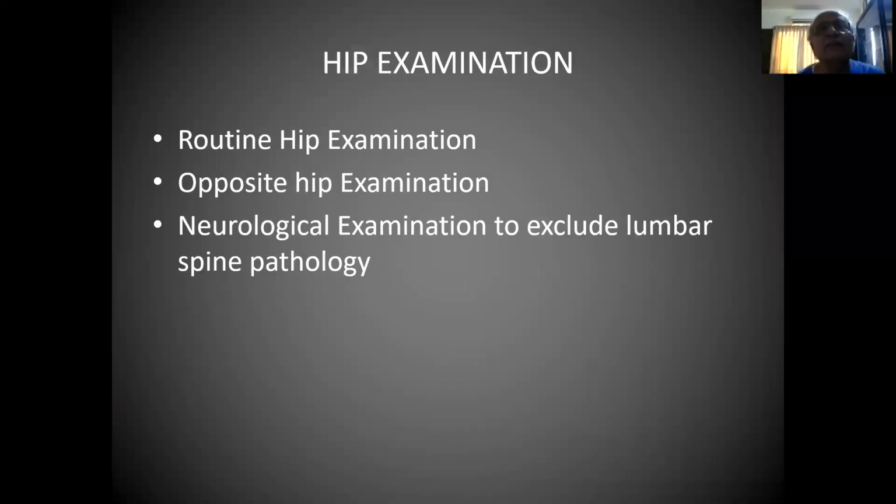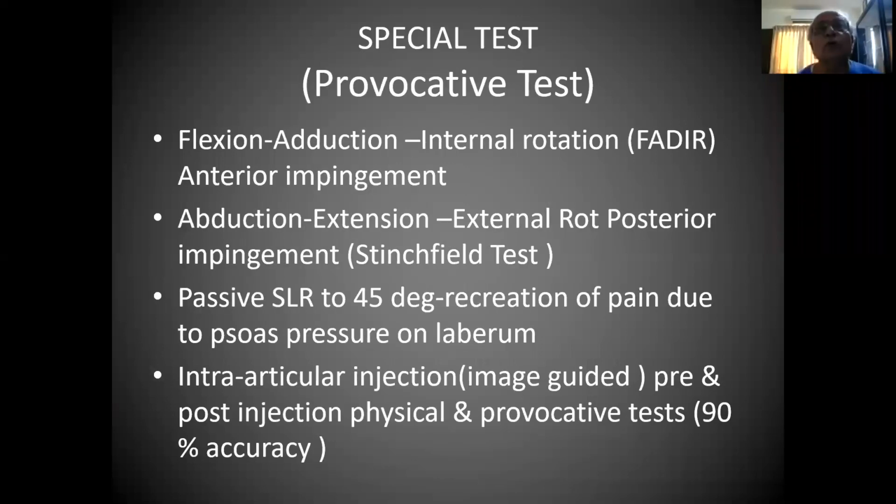You do a routine hip examination, and also the opposite hip examination, and a neurological examination to exclude lumbar pathology, as usual. Examine the knee joint, the hip, and above, the spine. So you need to examine all this. So what are these provocative tests? So the first test is